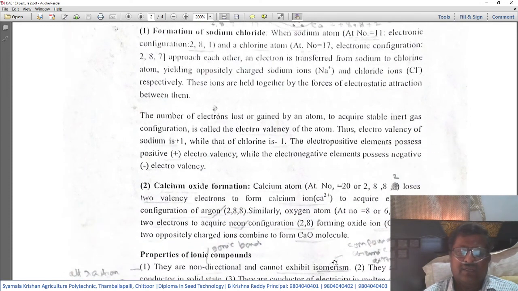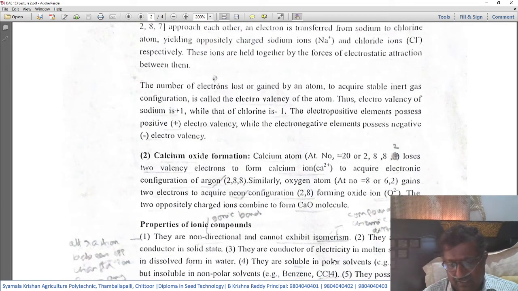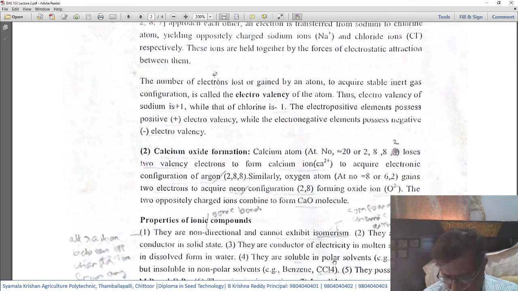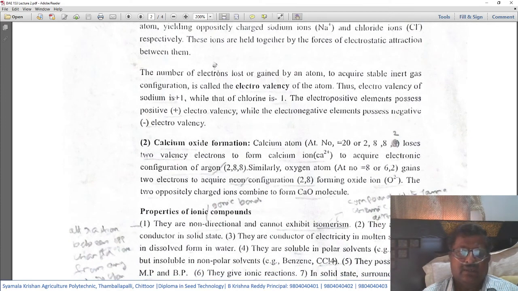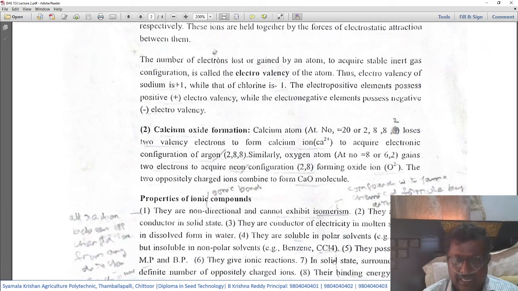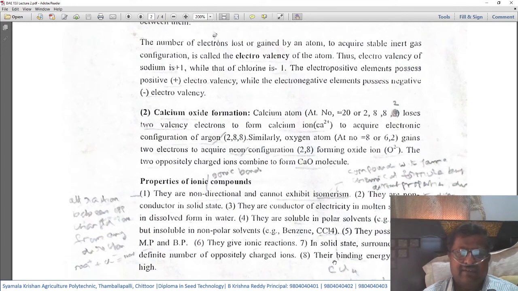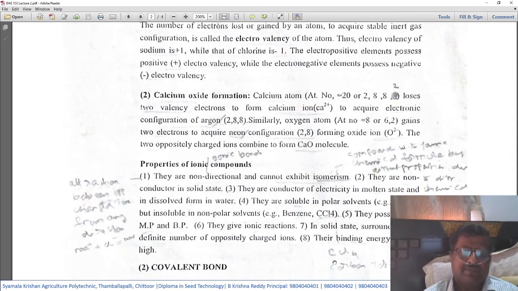electrostatic compound. I think with these two examples, we are very clear about the ionic bond or electrovalent bond. The substances formed are called ionic compounds or electrovalent compounds. Now, after this, let us see what are the properties of these ionic compounds or electrovalent compounds. These have specific properties. Now let us understand what these properties are.